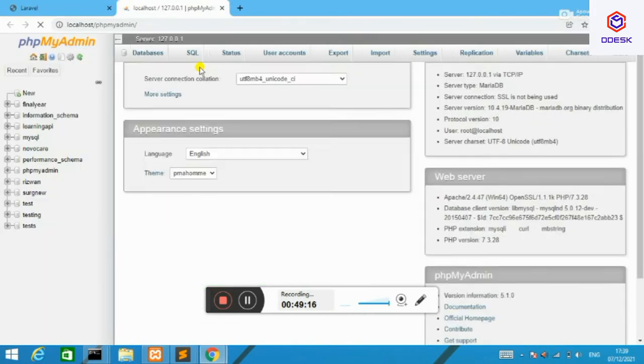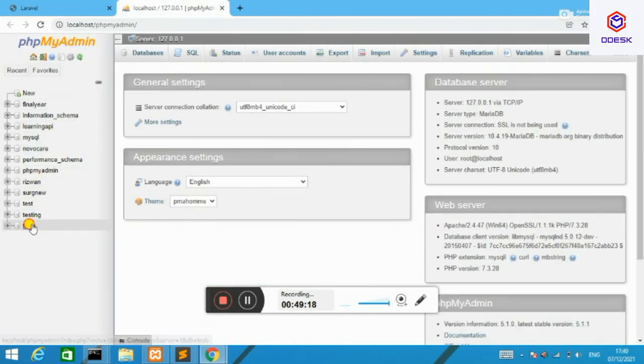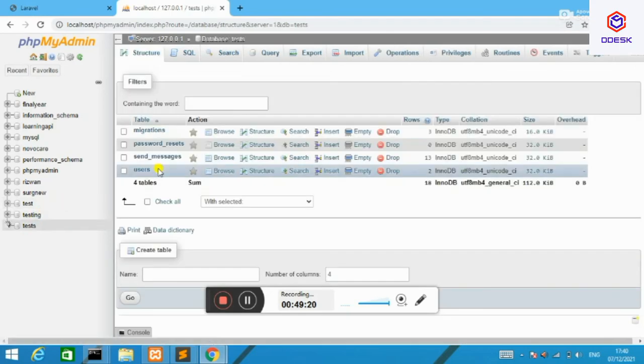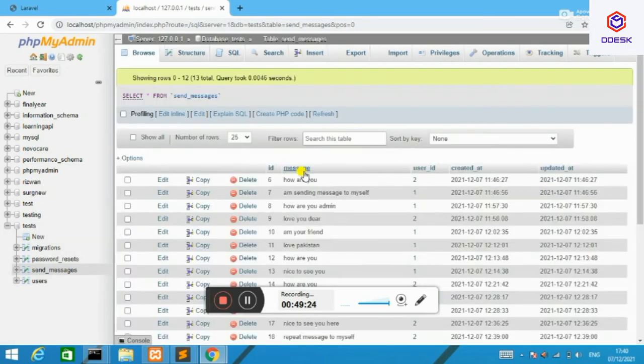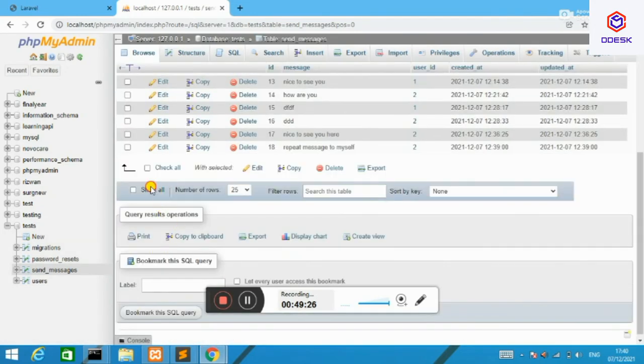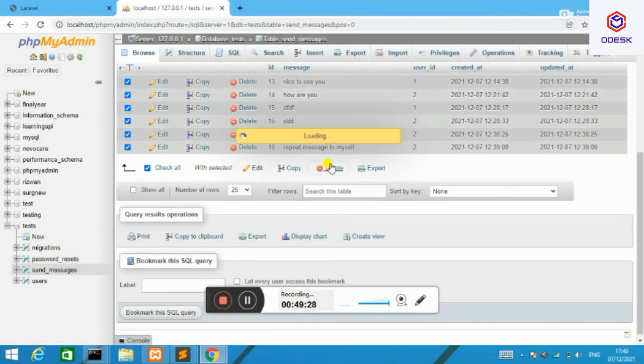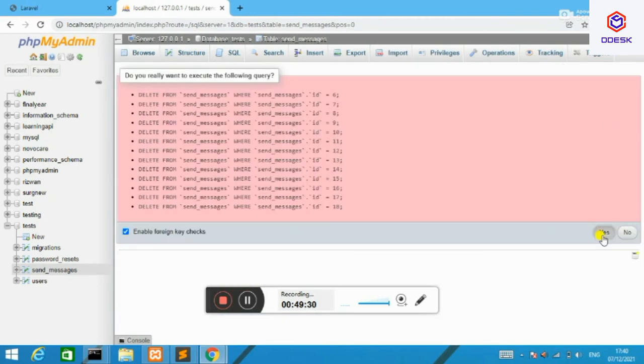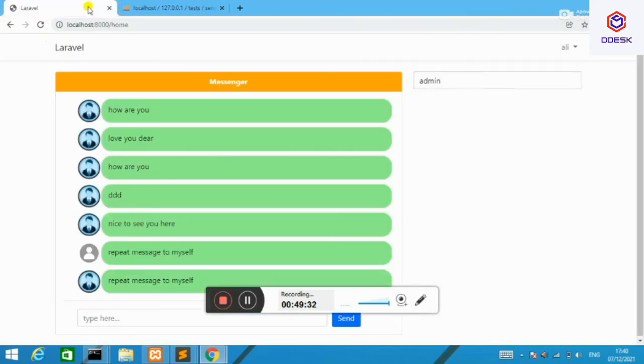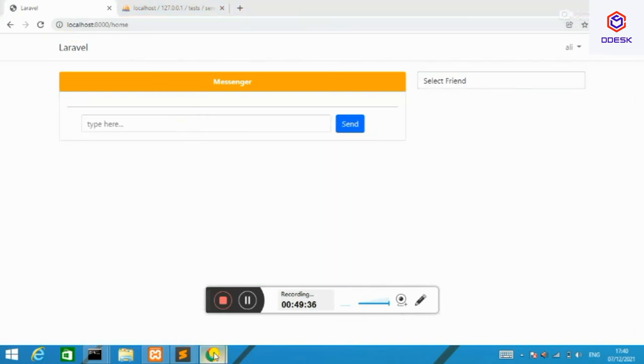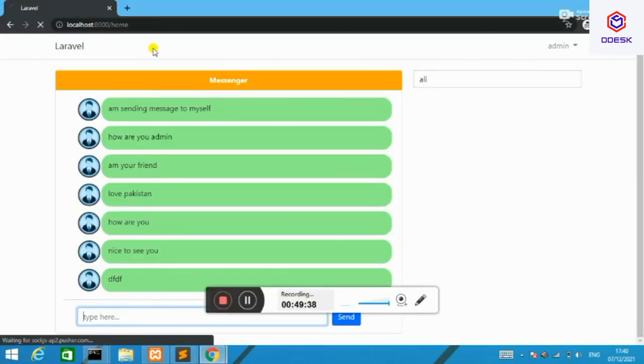Let me open my database and the table, send message. Now I'll delete all of these. Okay, I'm refreshing. No messages because I've deleted them from the database.